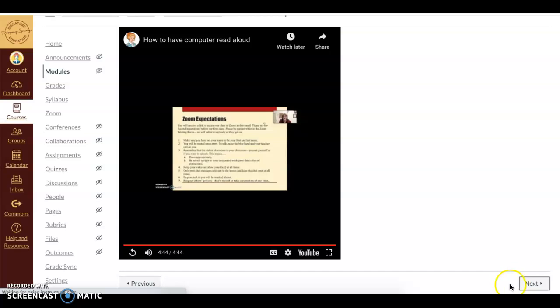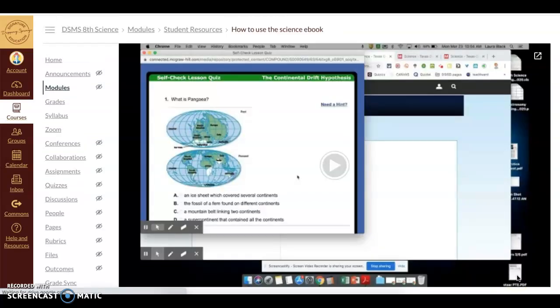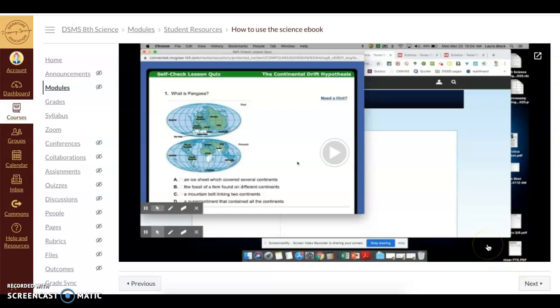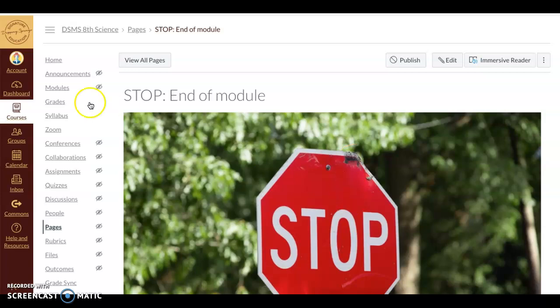The next video in that Student Resources module is how to access and use features in the Science ebook. We'll use that later in the year, so we're going to skip that for now, but that video is already in your module. And then notice when we hit next, it's going to show a big stop sign. So we're at the end of our module, so I can go back to modules,